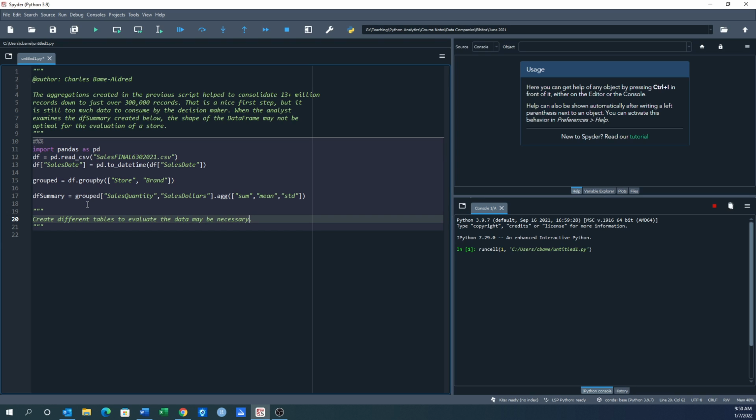Creating these different tables to evaluate the data may be necessary. In DF summary, and we'll pull that up in a minute when it's done, the indices,